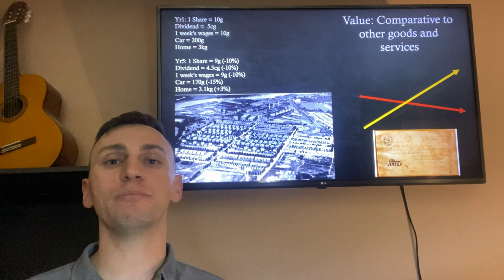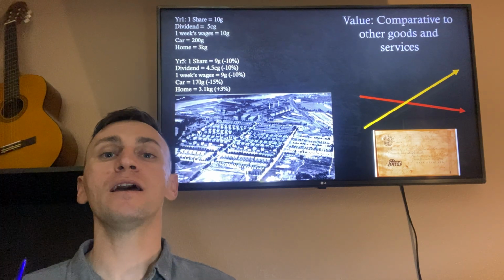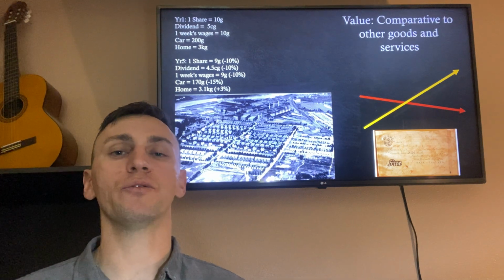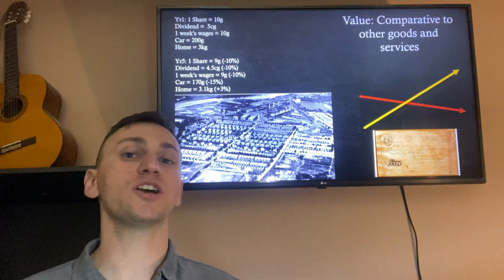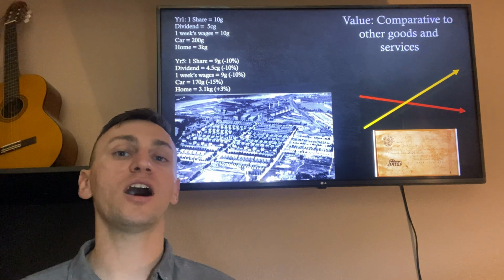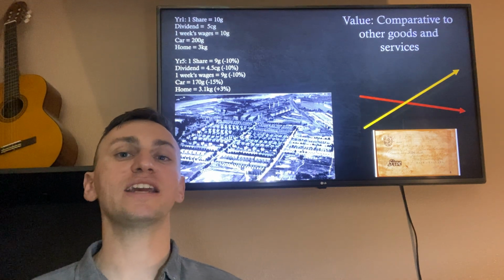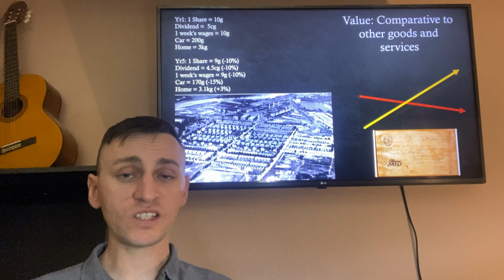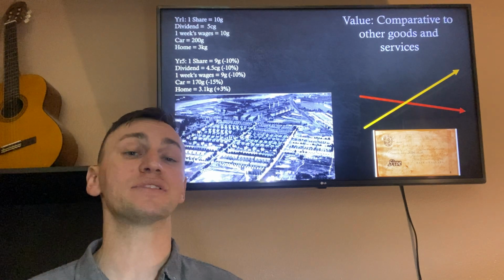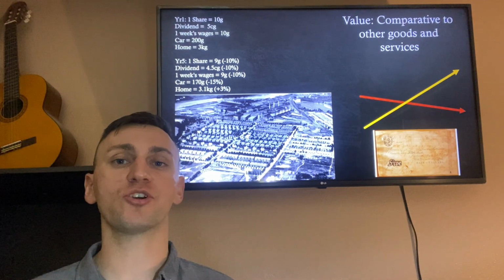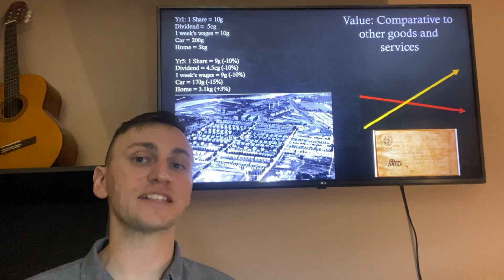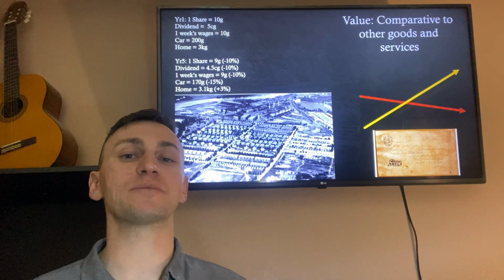So here's an example of how that can play out. A 5-year gap between your investment. One share is 10 grams of gold, and it pays a dividend of 5 centigrams of gold, right? One week's wage is also 10 grams of gold, so the share costs 10 grams of gold. A car costs 200 grams of gold, and a home costs 3 kilograms of gold, 3,000 grams, right? So that's the comparison at year 1. At year 5, in a deflationary monetary system, one share is now 9 grams. It's lost 10% of its price, right? And its dividend is 4.5 centigrams, which is 10% less. And then a week's wage is also 9 grams. So they actually stay the same.